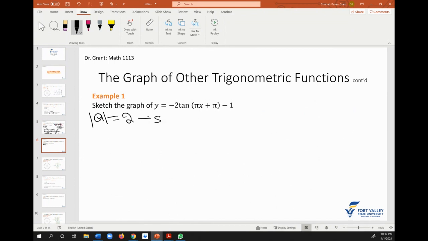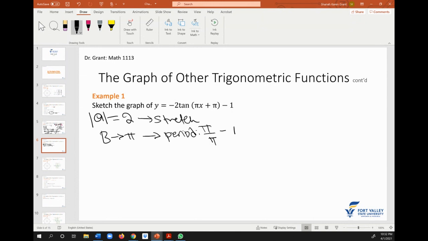This is my stretch. We can also look at my b, which helps me to determine my period. So my b here is pi. And this means the period is going to be pi over pi, because it's pi over b, right? This is going to be